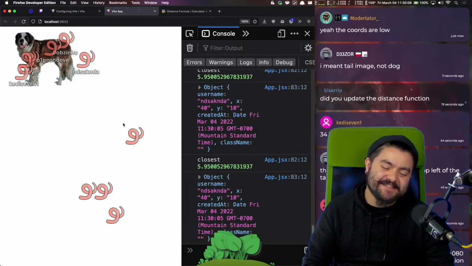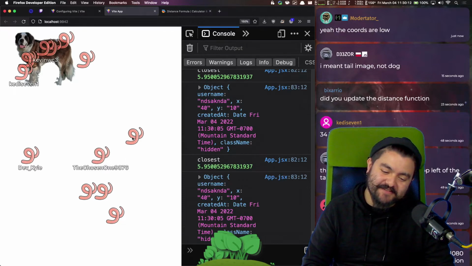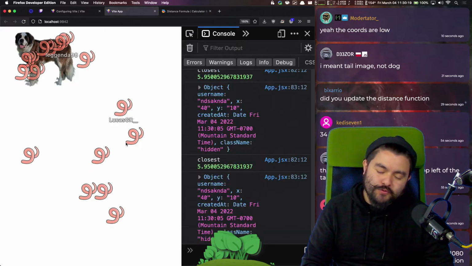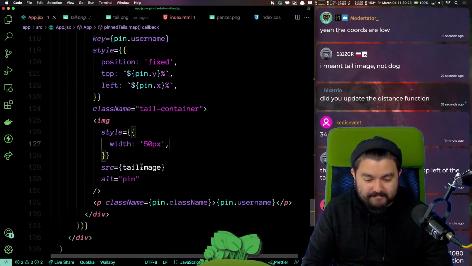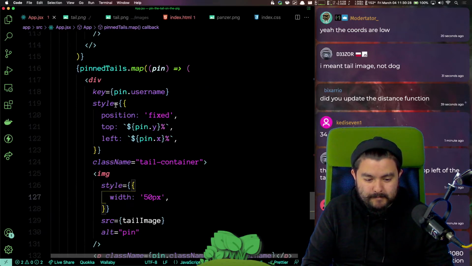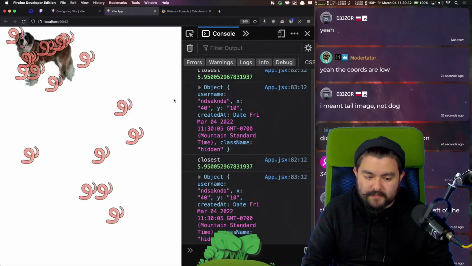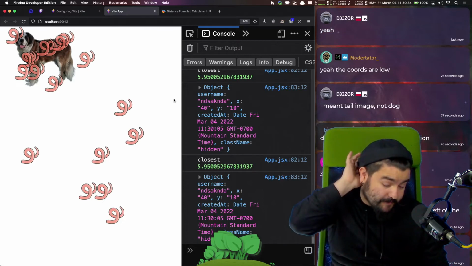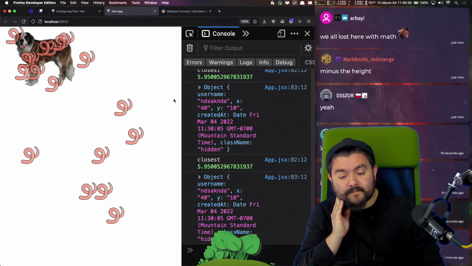We're calculating the distance from the top left of the tail instead of, I guess if we did the bottom left of the tail. We'll figure this out. And then it's not just the bottom left of the tail, it's the bottom left of the container, including the username.